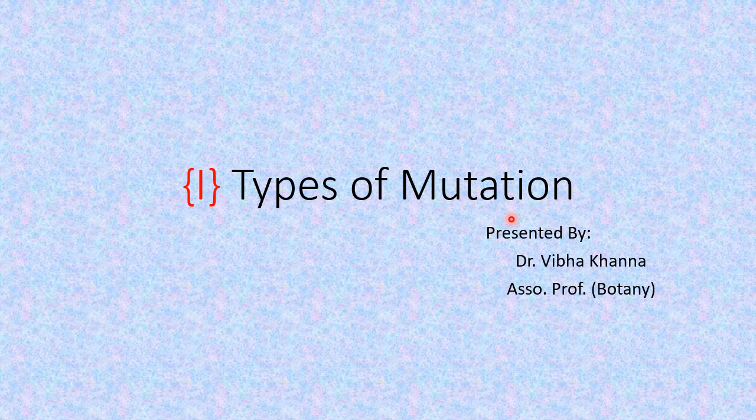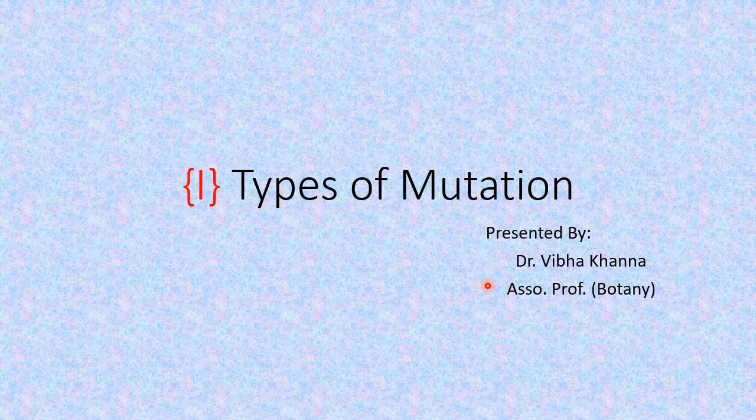That means the unit of mutation that we had already talked about in the gene concept video, one of the definitions of gene that was given was muton, that is unit of mutation. And since mutation is the inheritable change in the nucleotide sequence, the unit of mutation, that is the smallest segment of a polynucleotide chain that may undergo inheritable sudden change, is a single nucleotide. So quite simple. What is mutation? But the types of mutations.